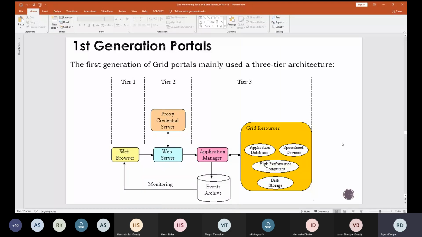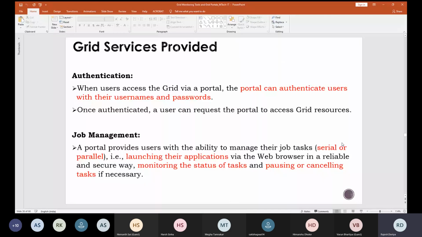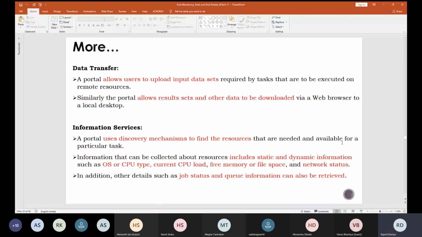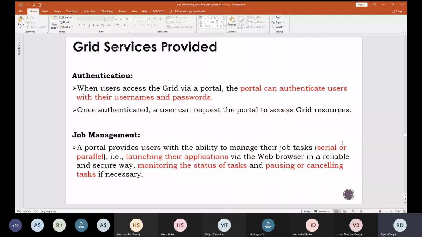In tier 2, all the validation will take place, and in the third tier, all the actual grid resources will be there. And these are the services which are going to be provided by the grid. So mainly authentication, job management, data transfer, and information services, right? So all these are the basic services which are going to be provided by the grid.